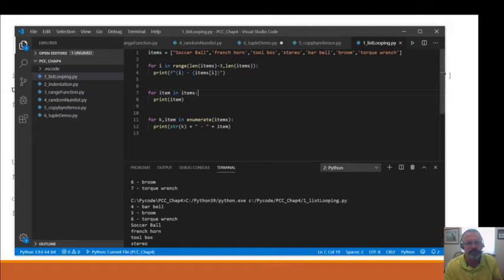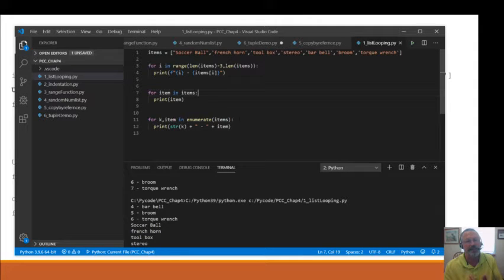In this one here, this is the simplest, obviously. For item in items, print item. This is the simplest abbreviated for loop you can get. And this is an expansion on the abbreviated one. We're still using the for k, item in enumerate items. And again, with this one, we can add 1 to it or change the enumerator.